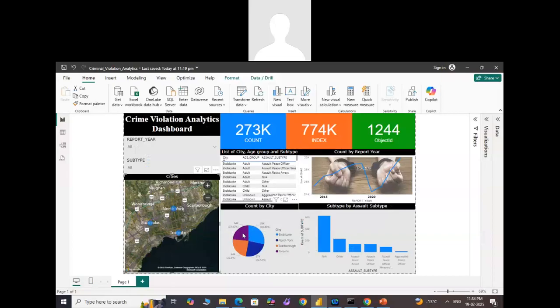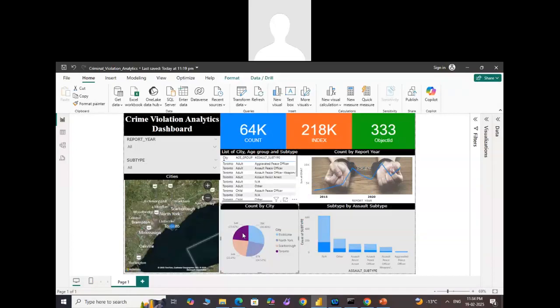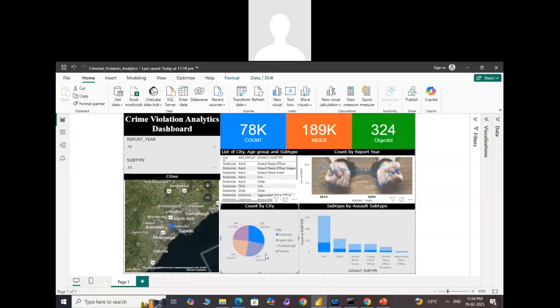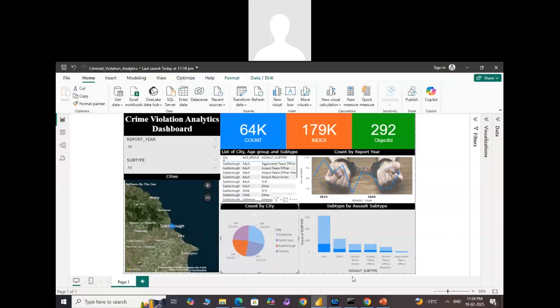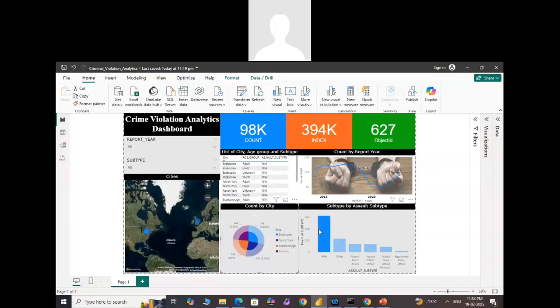And as we can go through the one diagram for Toronto, here is the Toronto data. As we pass through Etobicoke, this is the Etobicoke data. As we pass through North York, you can visualize the North York, and the last is Scarborough. So wherever we go through, the data might be changed. For subtypes, you can see others, for assault or resist, and this all.